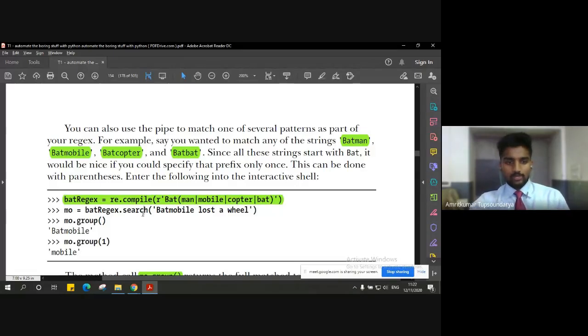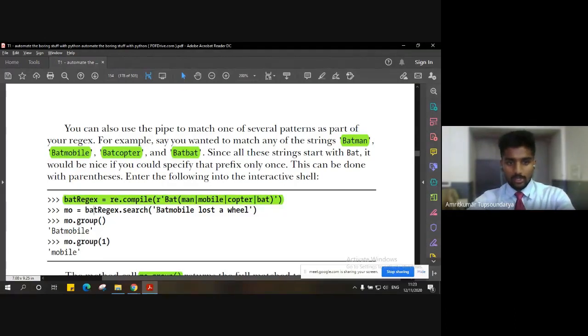Now let us do the next step, searching for the match object, whether we have a match object or not. In this case, we do have a matched object, that is Batmobile. If it is not there, it will simply return a null value to the variable mo. Please consider this example in your mind.